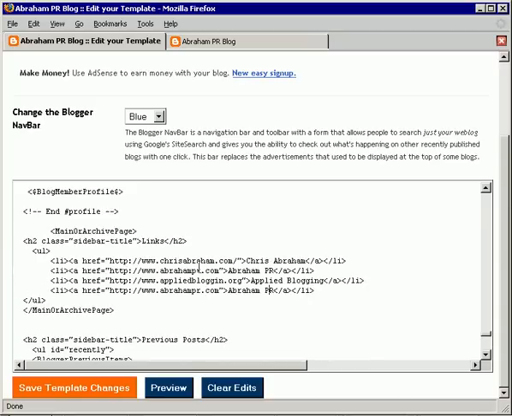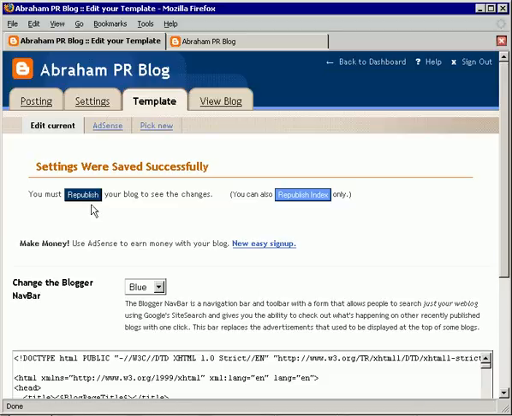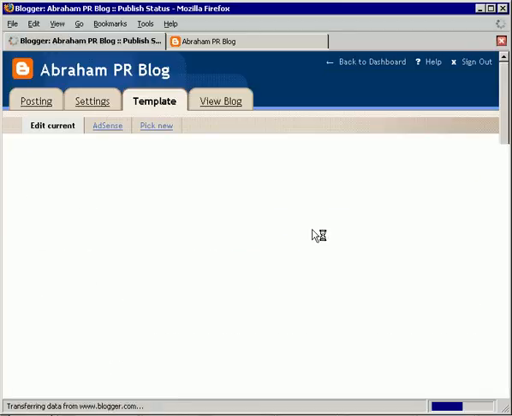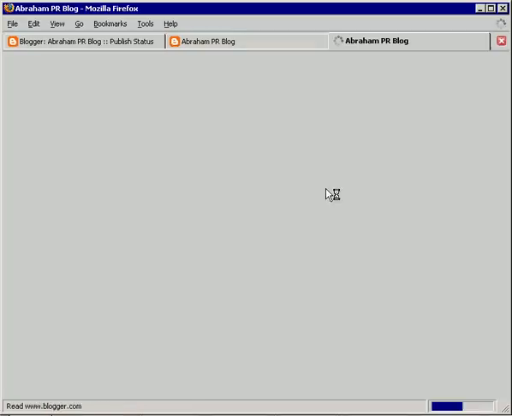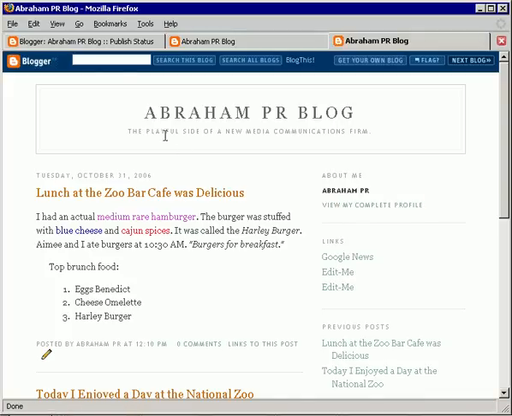And because I love them so much, and because they make all my dreams come true, I will add one more in here and call it Writers Center. And their URL, their address is writer.org. So then we save changes and republish your blog, and then view blog and hit Control R,